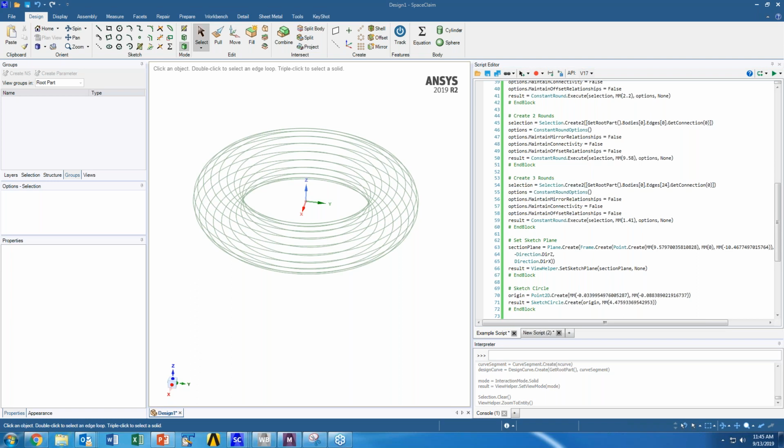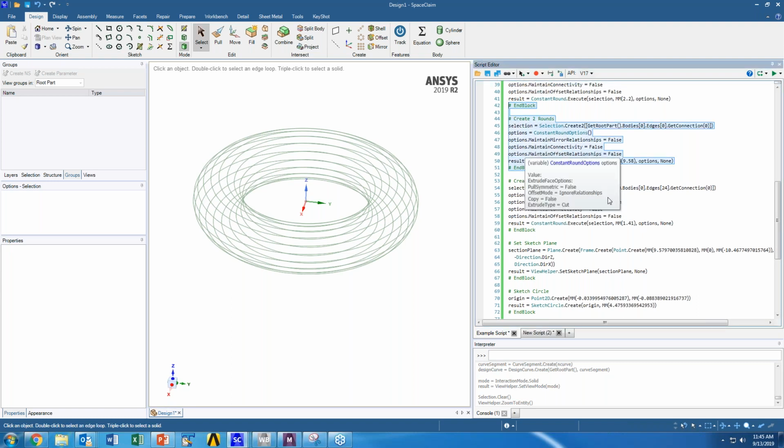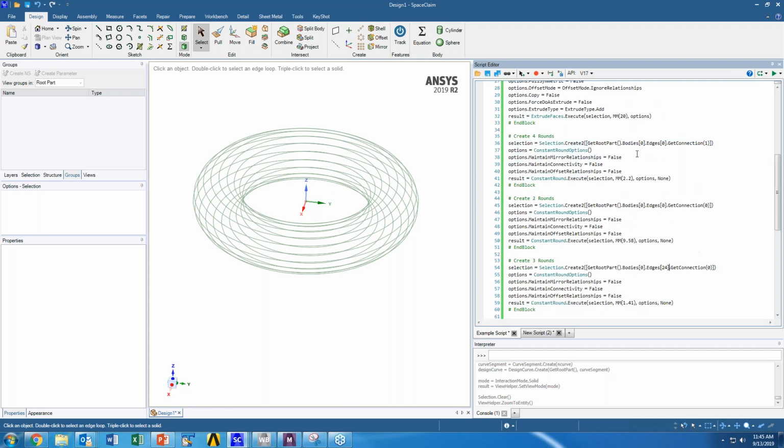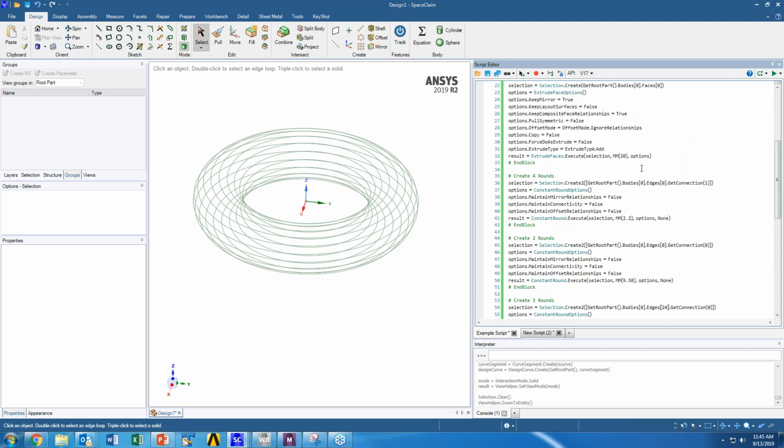Okay. So next question, is it possible to set the unit system at the start of the script, or do we need to convert each dimension we input to inches, for example? So SpaceClaim scripting only is by default meters. So when you're inputting dimensions, there's no way to reset it. It's always going to be meters.